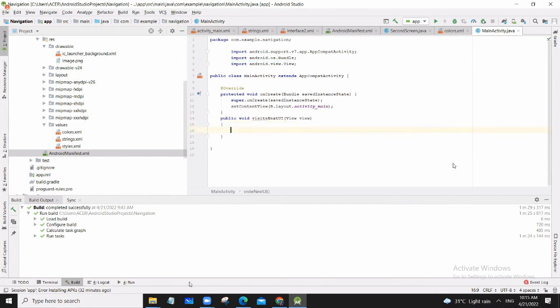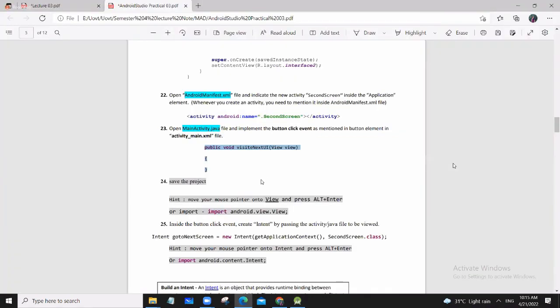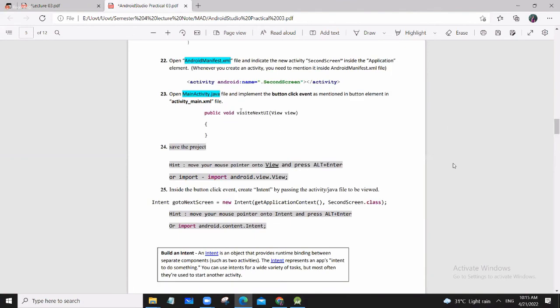Okay, then next you need to create an intent. This is the function. In this case, you can see we pass the view data object. Next you need to create an intent. Intent is an object which provides the runtime binding between separate